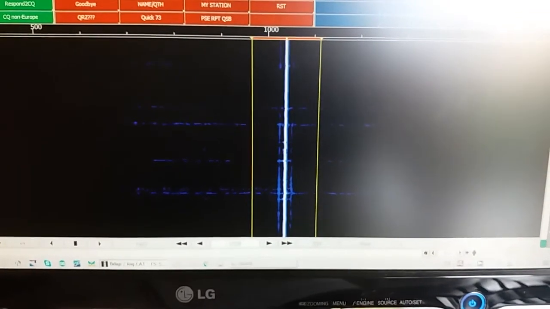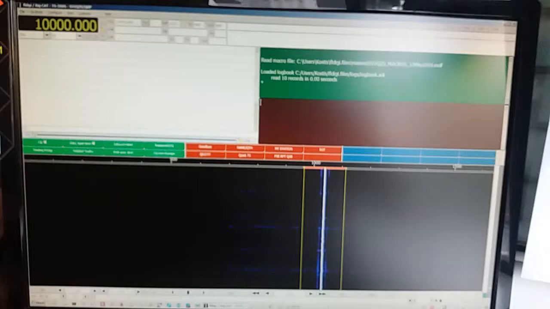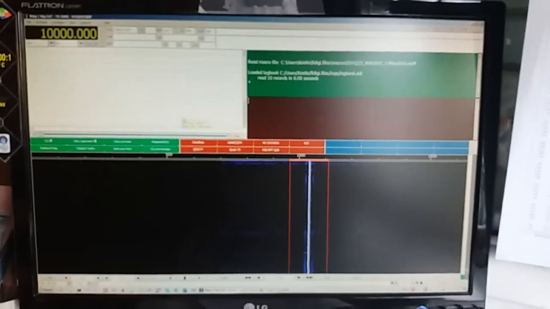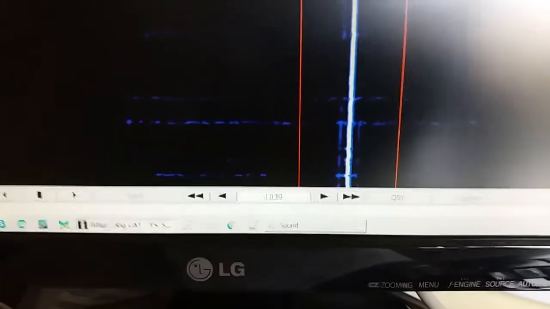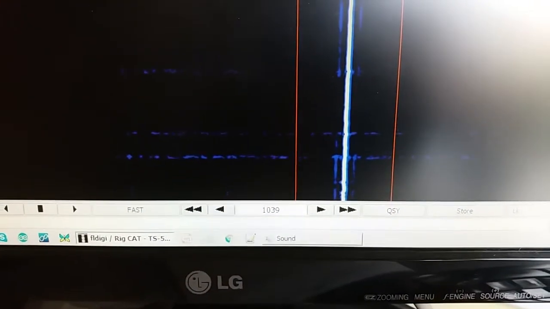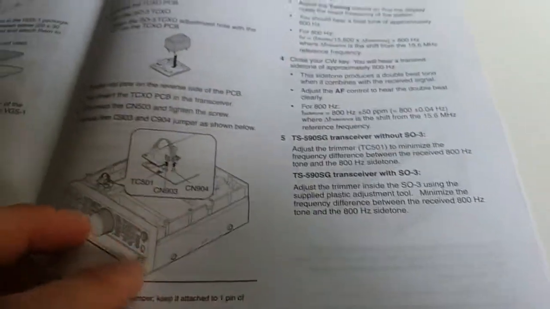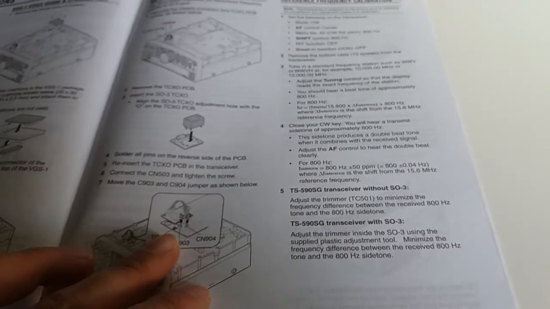So this is a problem. Instead of hearing 1 kilohertz, it's actually 1.039 kilohertz, so that's 39 hertz off. That's the reason I'm going to follow this procedure and try to calibrate the local oscillator